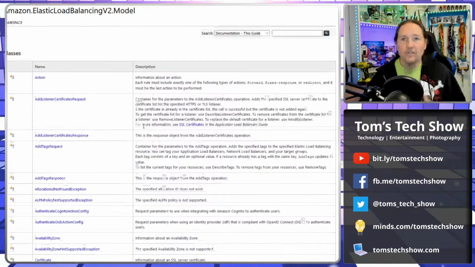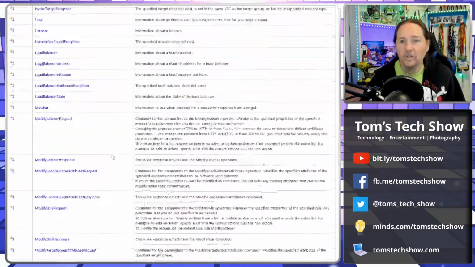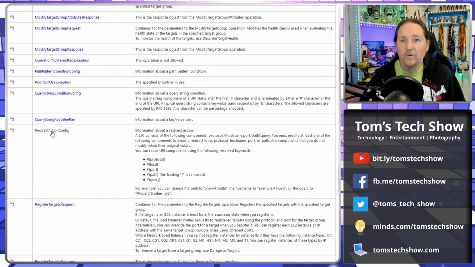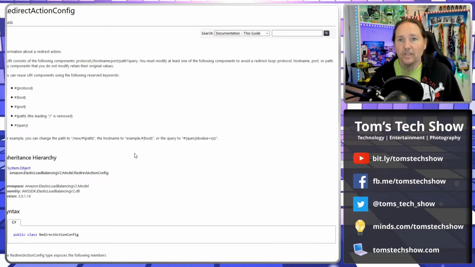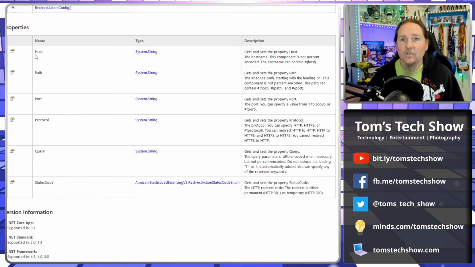If you search for that function, the Amazon Elastic Load Balancing version 2 model, looking at the model, what we're doing is we're coming down here and we're looking at the redirect action. So if we click the redirect action, then that's going to give me a bunch of parameters that I need to add. So I need a host, I need a path, port, protocol, query, status code. I need all these things to be in my